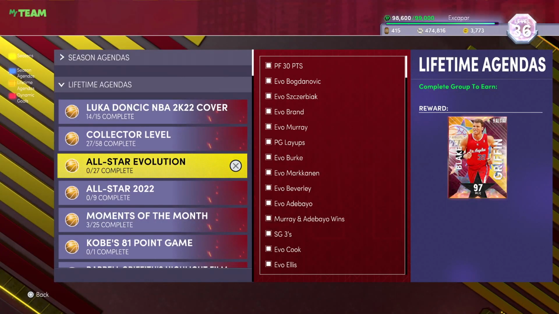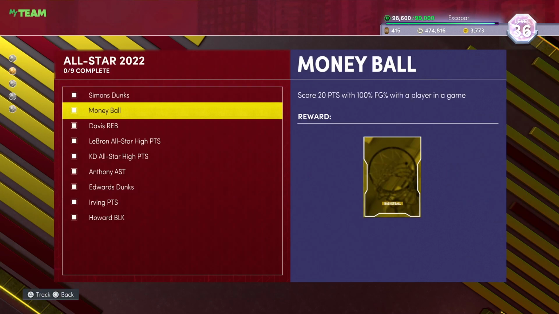Alright, the All-Star content is here, and I'm going to be giving you guys a fast little video on how to get the new Galaxy Opal Blake Griffin the fastest way. It actually doesn't look that bad. This may be the easiest free, lifetime agenda content that we've gotten, and we also have this All-Star 2022 that